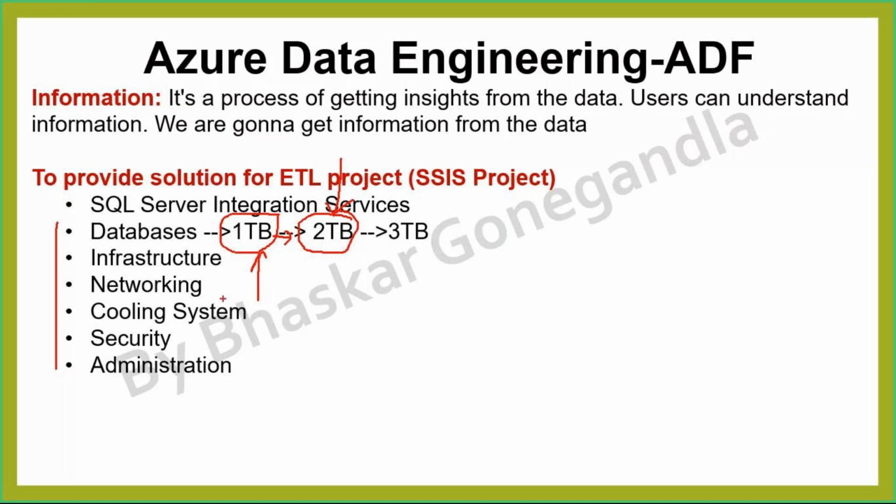Even if you want to increase the compute power for better performance when there is more demand in production, you have to increase the compute power. When you have on-prem, you are going to increase the compute power vertically. That means you are going to increase the hard disk, and you are going to increase RAM. But that is not going to help you provide the solution. And moreover, this is completely on-premise. The cost is very huge. This is not cost effective.